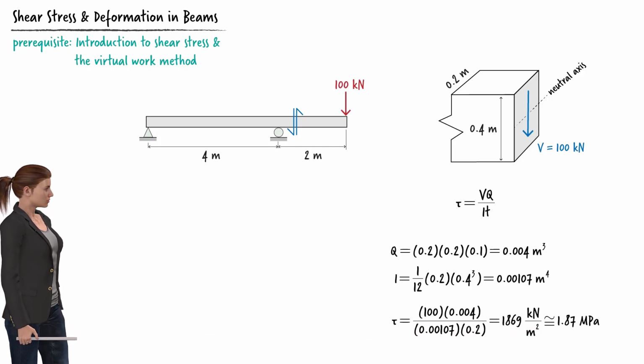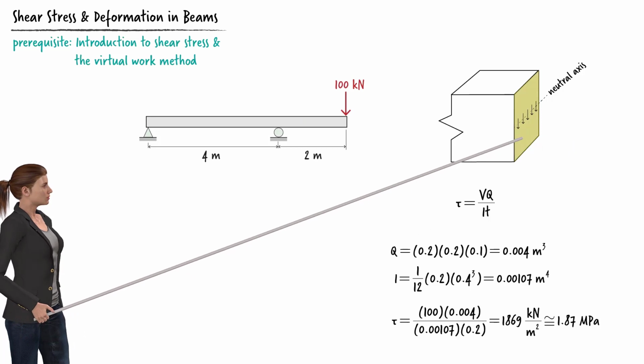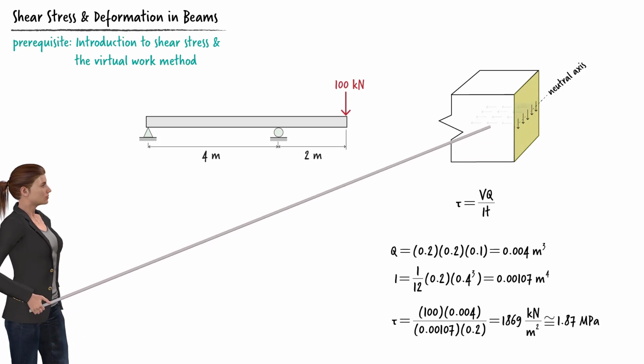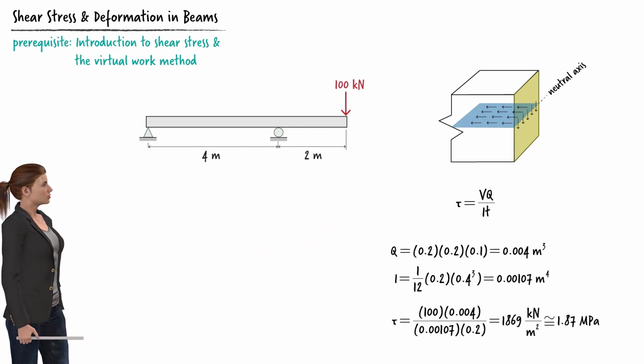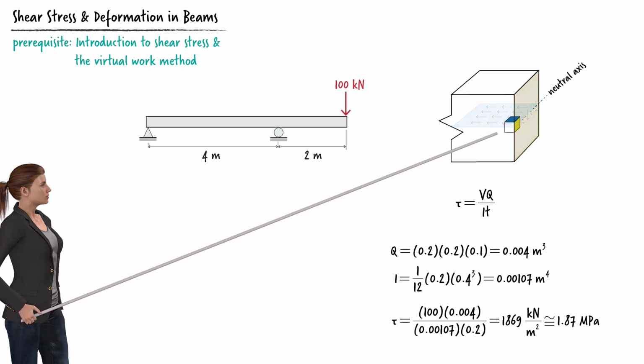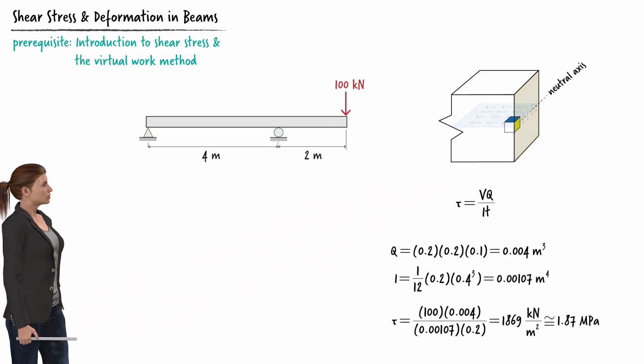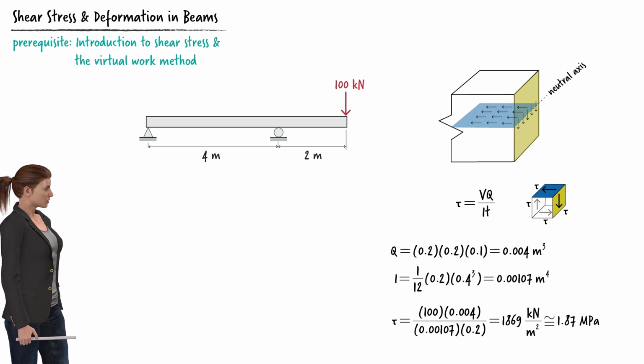The shear stress at the neutral axis acts along two orthogonal planes: the plane of the cross-section and the plane that lies along the length of the beam. Consider a small cube having a face along each of the two planes as shown here. The state of the shear stress at the beam's neutral axis can be represented using the cube, like this. Note that there are two opposing stress arrows on each plane, keeping the cube in the state of static equilibrium.